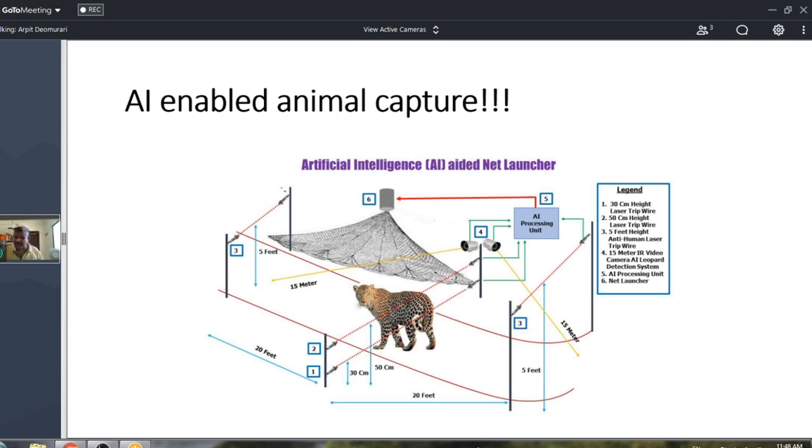So we are developing a similar kind of system where there will be a remote-controlled release net, and the whole identification of the animal would be done through cameras, through AI. Just imagine, there is no need for a human to go nearby. You are capturing by net, so the animal will not get injured. You can stream your feed over Wi-Fi or something in the car or at a distance further away. So yeah, this is really cool technology. Yes, you need data.